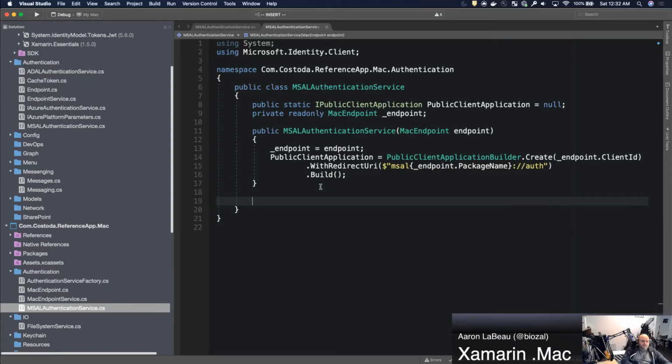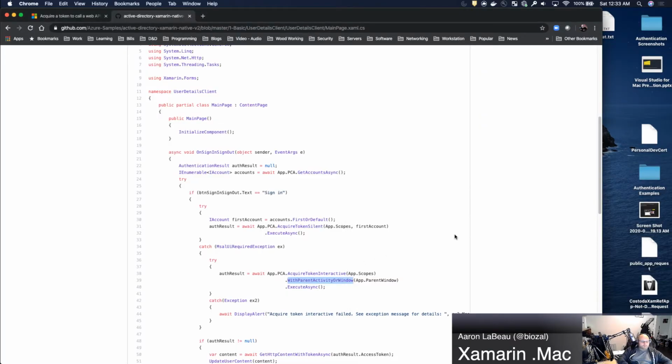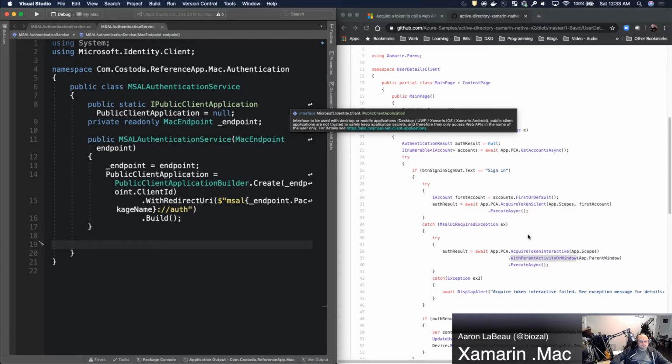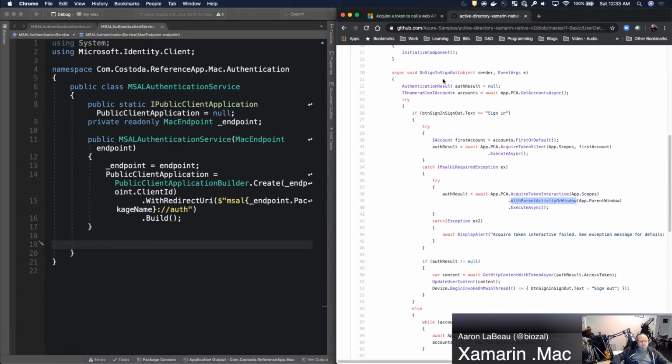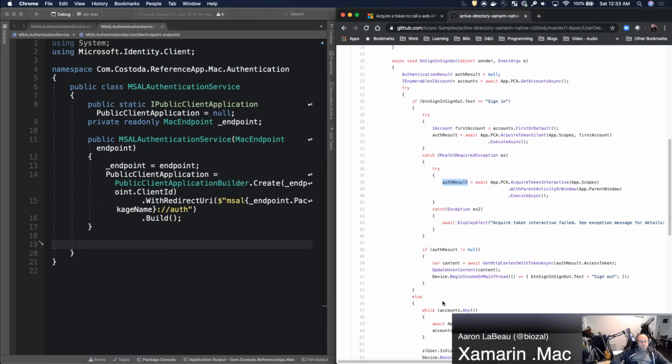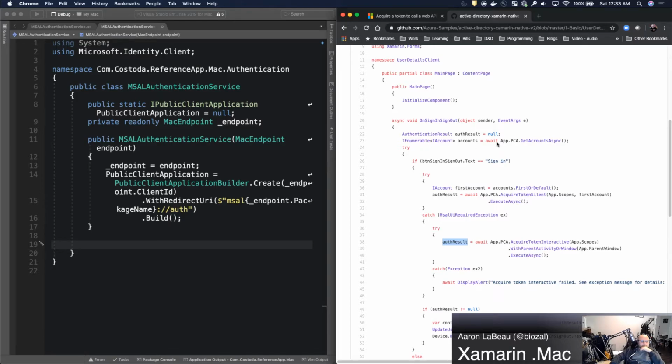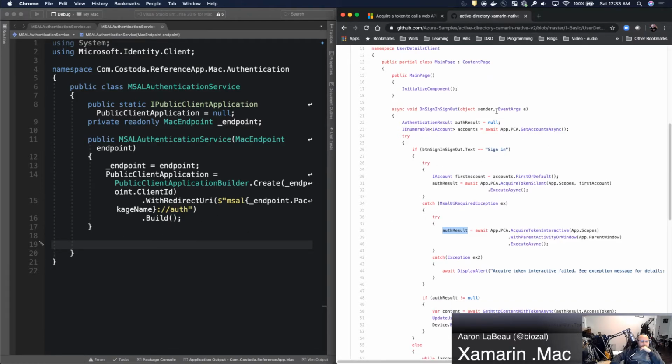Then we could literally have an authenticate method, right? That gives back something. So let's go look at, actually, let's do this. Let's just bring these so that they're side by side so we don't have to do this. We can take our code window out here, throw it off to the side, and now we can see both and see what's going on here. So sign in really just gives a result though. And then based on that result, you can pull the information out of the auth result. So let's do this. Let's give the ability to